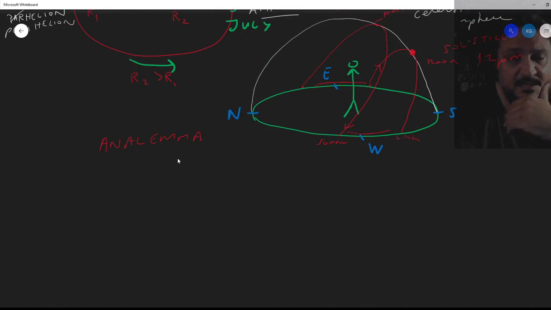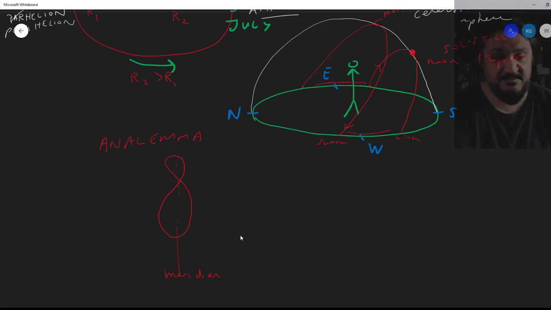Analemma. Its shape is like this, an 8 shape, okay? If you do it at noon, the center line is what we call the meridian. And then you remember you're facing south, so to your right is west, to your left is east. So depending on the time of the year, the sun will be here or there or there. So what they do is, let's say every other week they take a picture and then they superpose those pictures and you have these nice shapes, okay, of the sun.